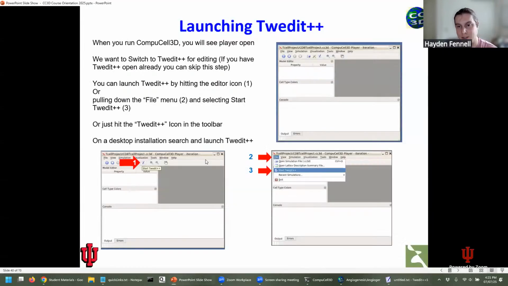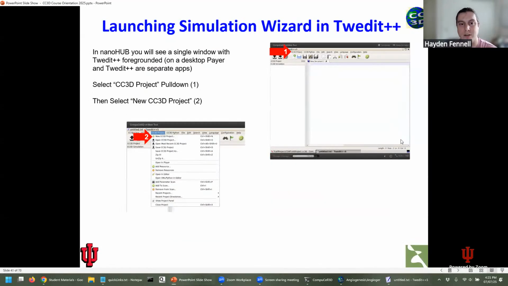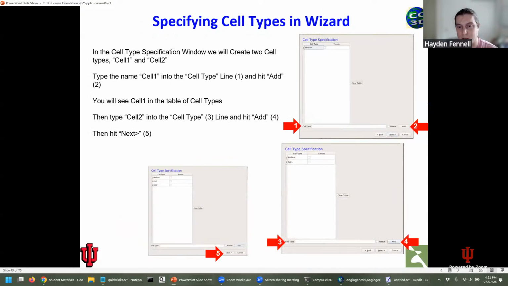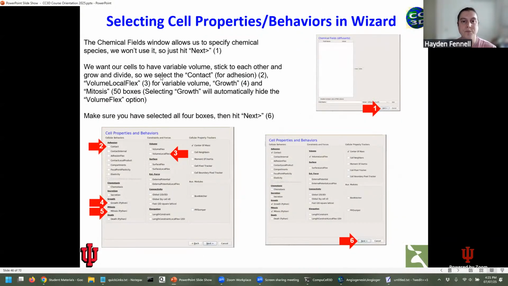So again, all the steps are in these slides. I'm just walking through for you. Let's catch the slides up. So for our simulation, we want our cells to have variable volume. We want them to grow, and we want them to stick to each other. We want them to grow and divide. So we need to select from our wizard the contact plugin, the growth plugin, the mitosis plugin, and the volume